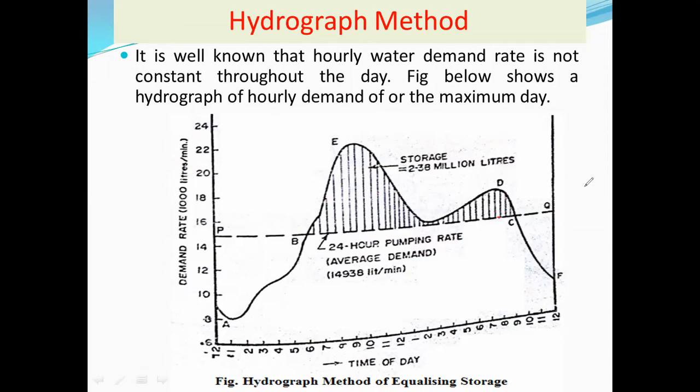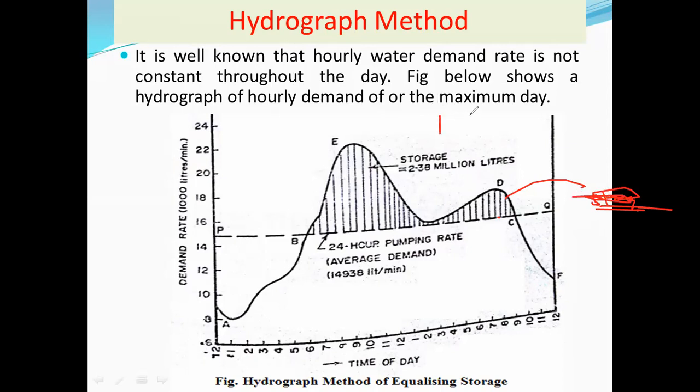This excess demand is nothing but the storage capacity of the reservoir. The reservoir ची storage capacity आहे. Then how to find out this? So the question might come to your mind that here we are finding the area on the graph. Okay, a graph वरती आपण area या ठिकाणी find out करतो. How to find out that?